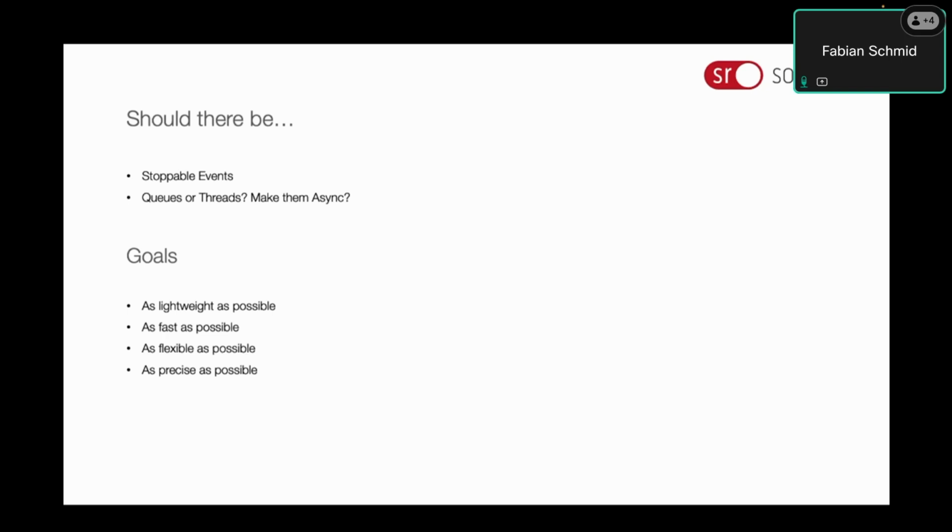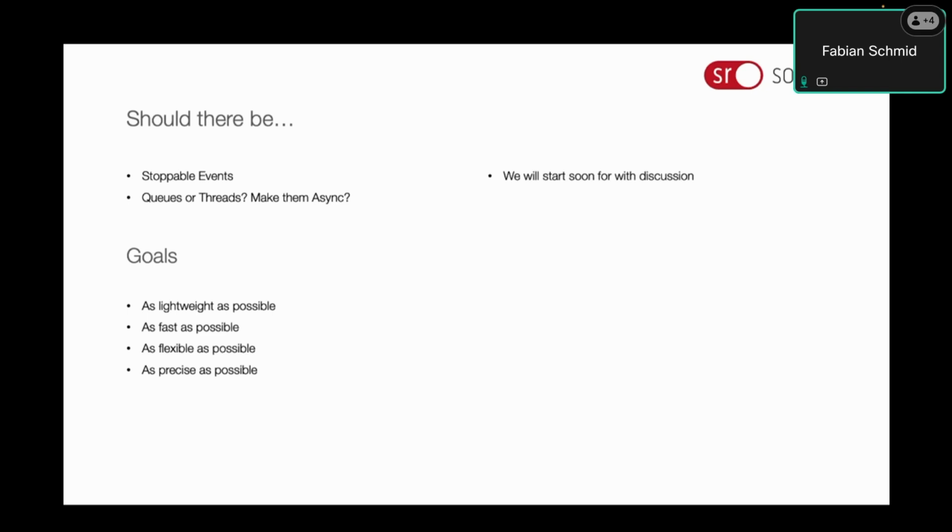In the meaning of components, they must have the possibility to define their own events, their own event data. They have to have the possibility to register to certain events and so on. It must be a really flexible, good event handling system, and as precise as possible in the meaning of this contract. You know what you get, which data is contained, and so on.